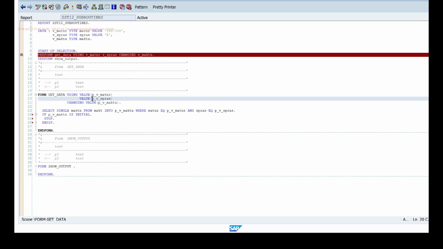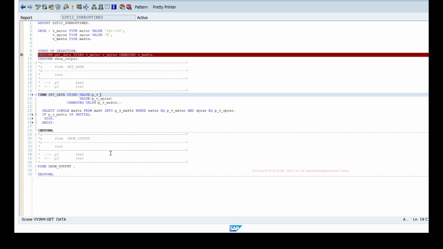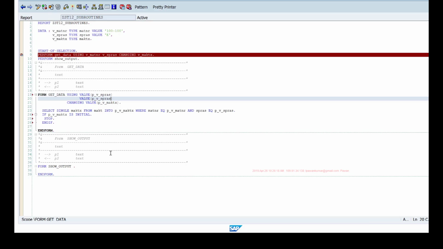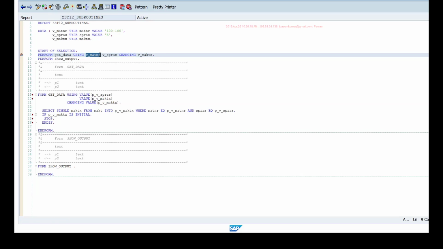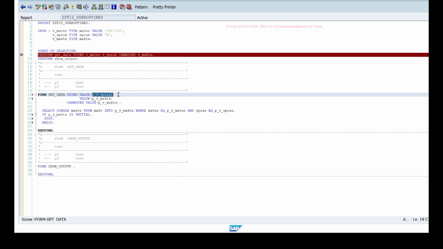And the second thing is, if I change my parameters, if I say SPRAS here and MATNR here, then it will simply do 1:1 mapping. So the first actual parameter VMATNR will be passed to the first formal parameter.